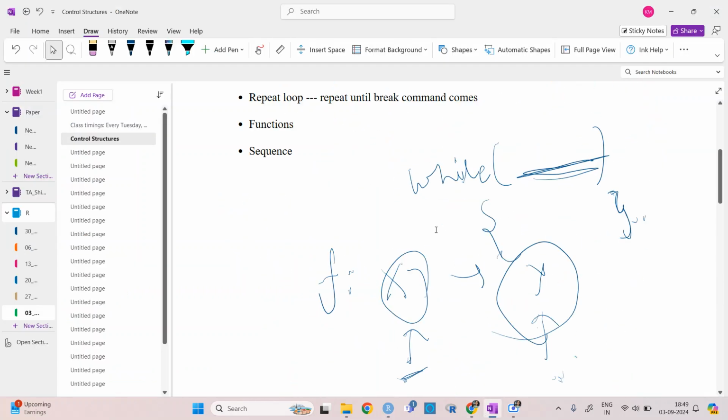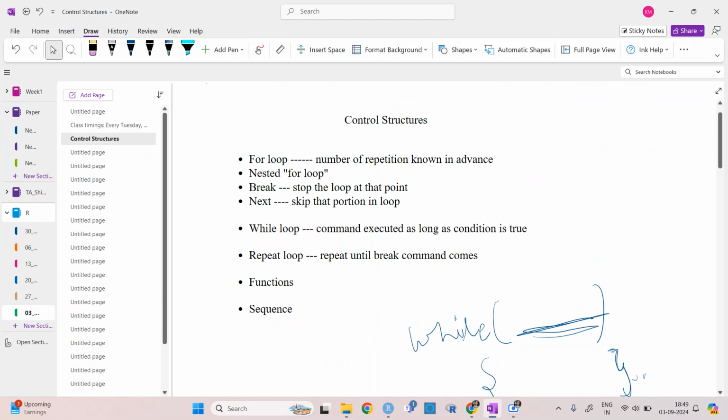The next one is sequence. A sequence is basically a set of related numbers.